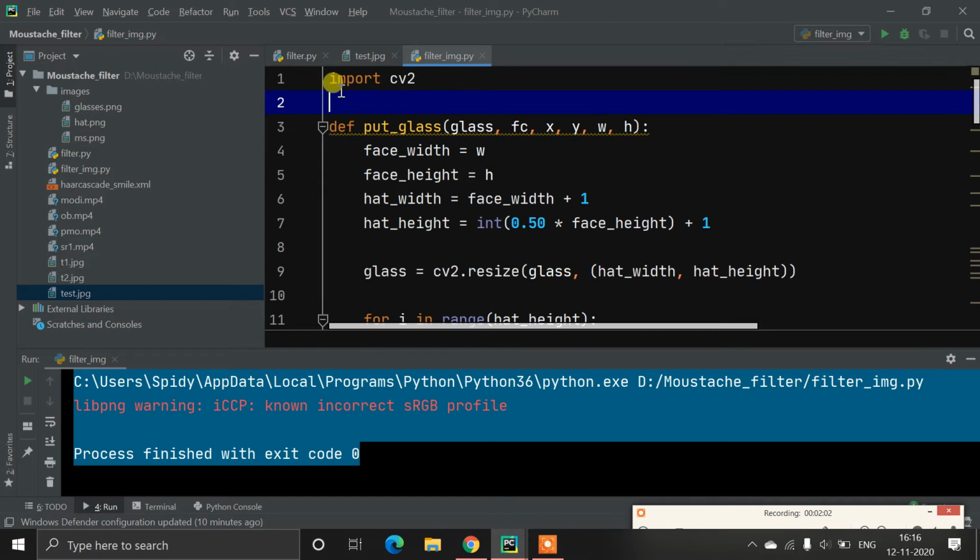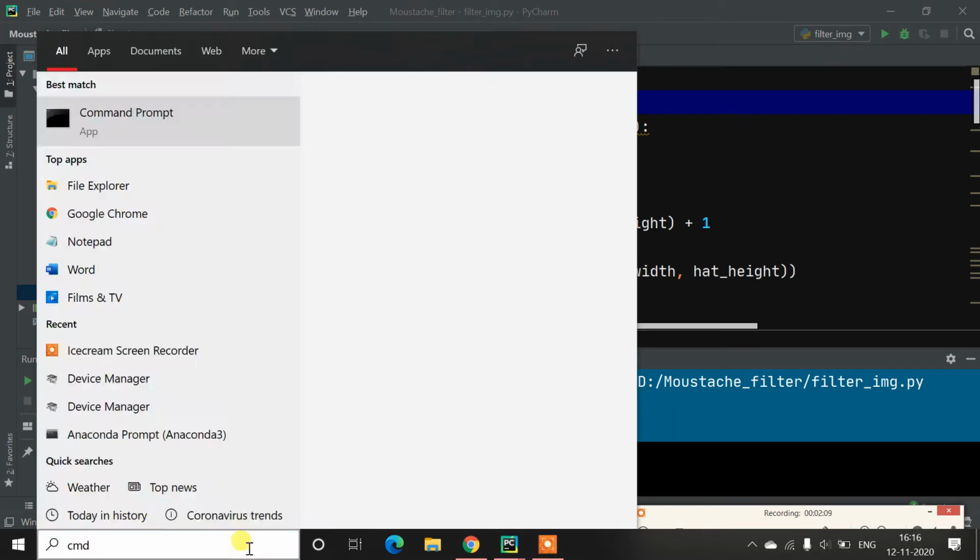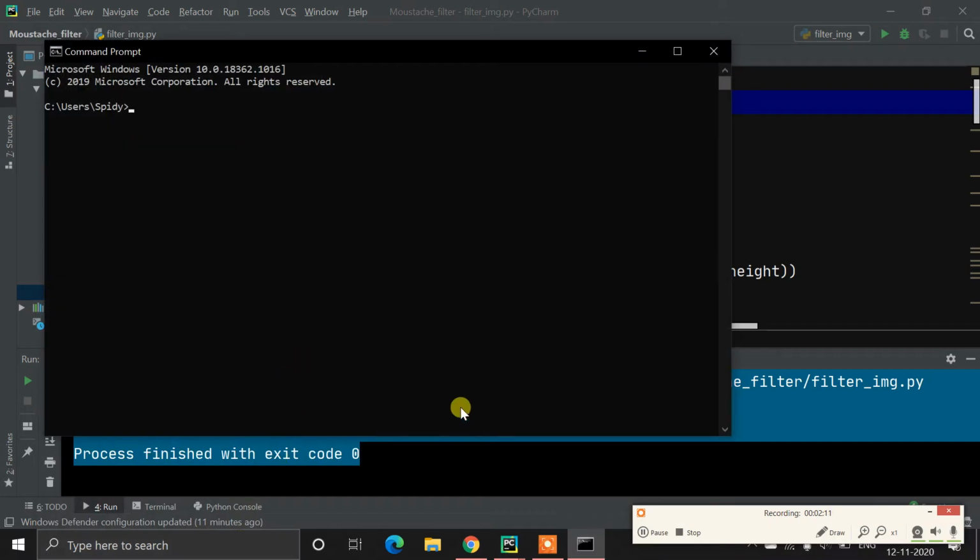So first of all you need to have this library which is called CV2. Now most people just go to the CMD and write pip install cv2 and press enter. But they get an error every time, like cv2 is not satisfying or some other error.